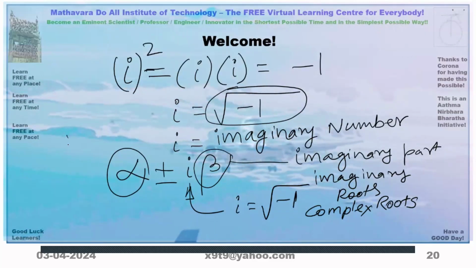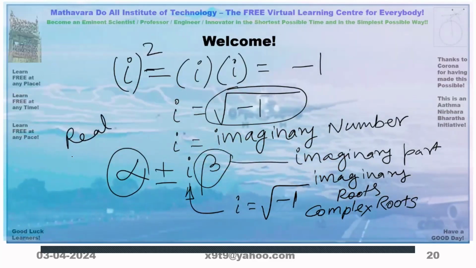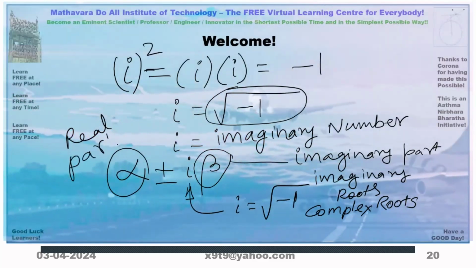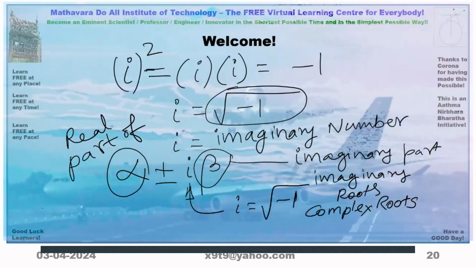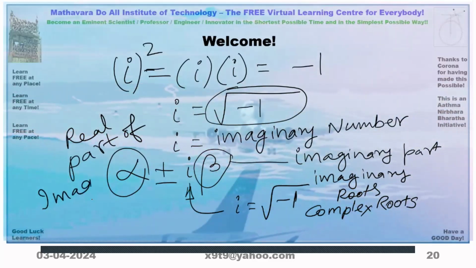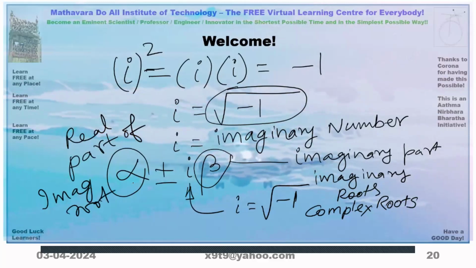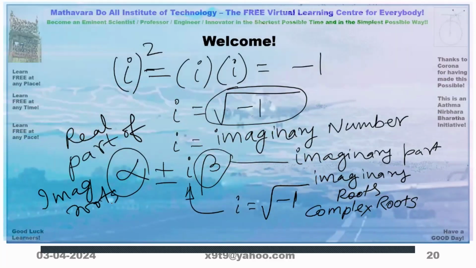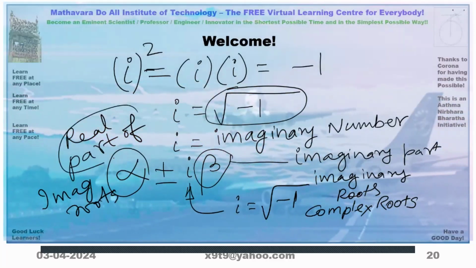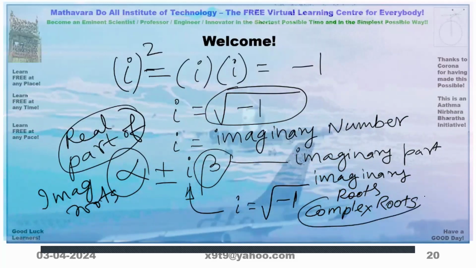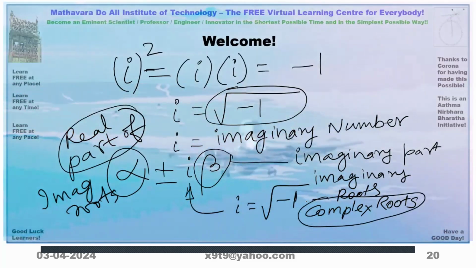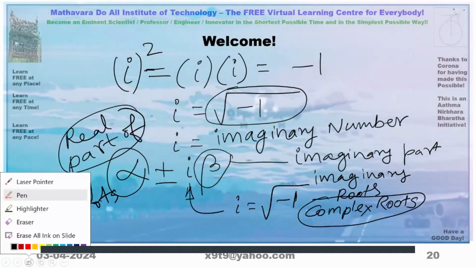So this alpha is called the real part of that imaginary root, or the real part of complex roots. Real part of complex roots. Now, if you continue our problem,